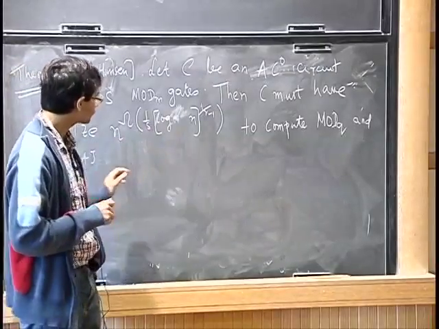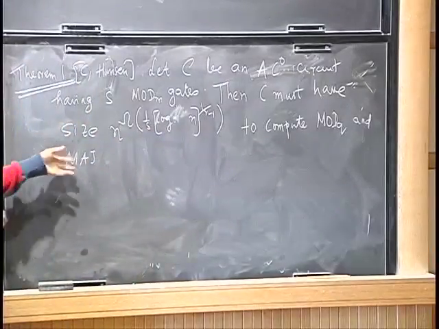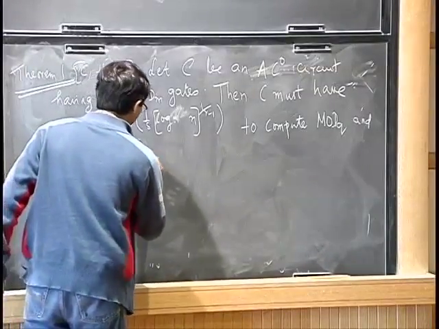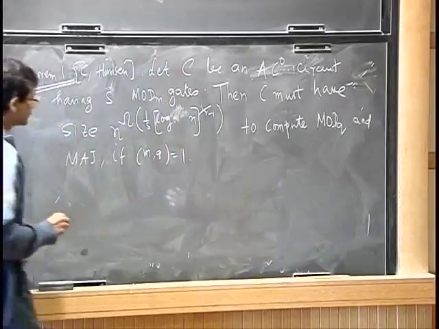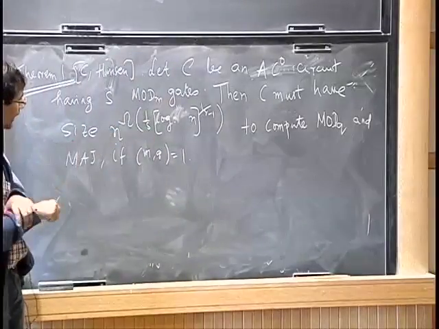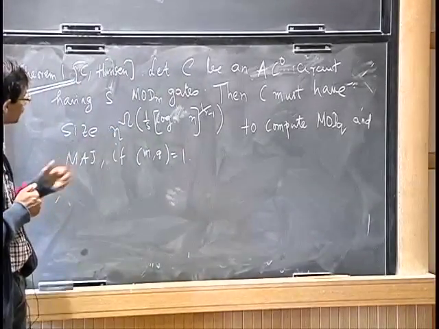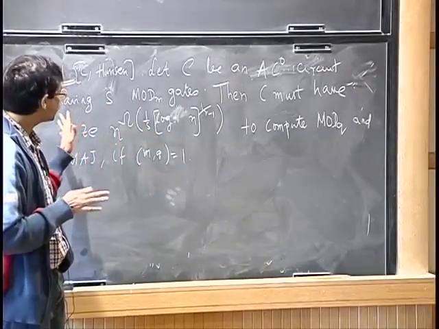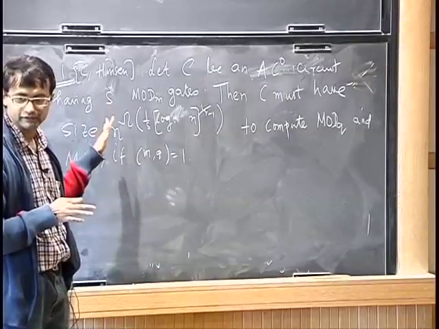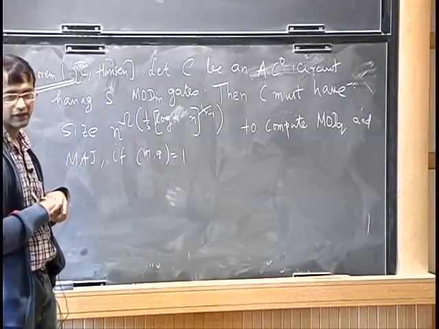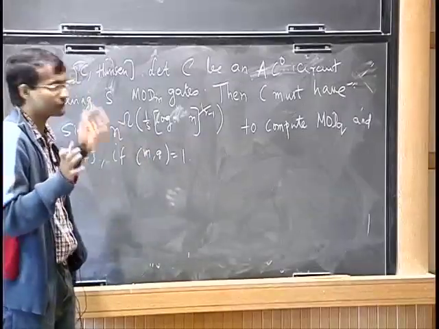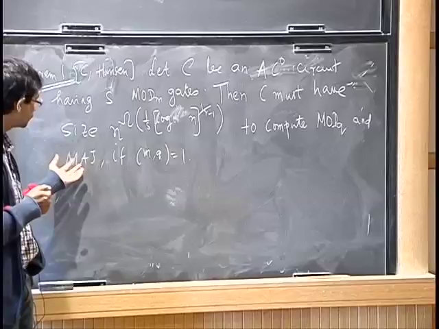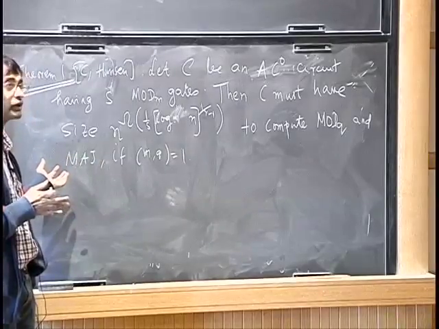So it needs this much size to compute the mod Q function or the majority function, if M and Q are coprime, as before. For instance, if M is 6, this shows that if you allow little o of log n many mod 6 gates, then you need super polynomial size to compute mod 5 or majority. And this is sort of dual to something which is known, due